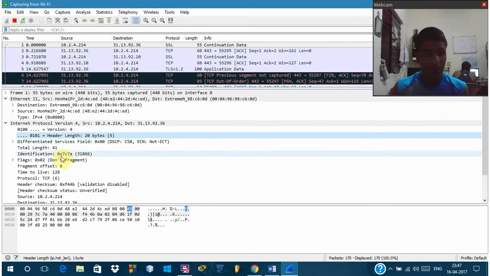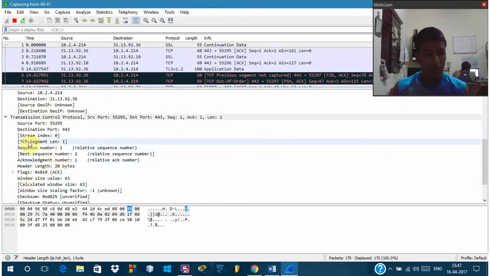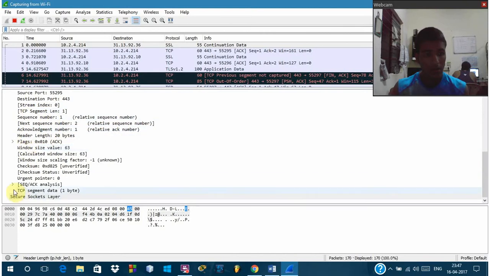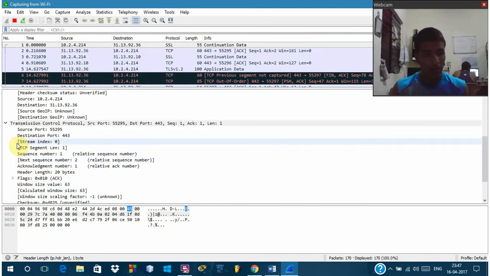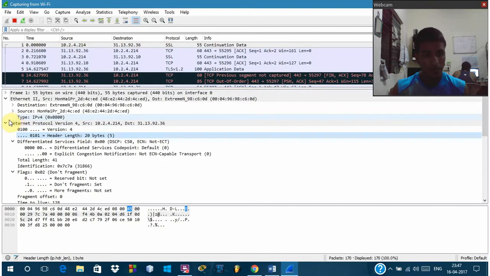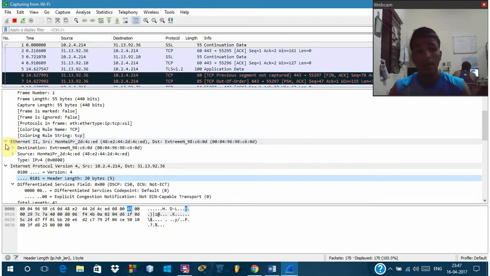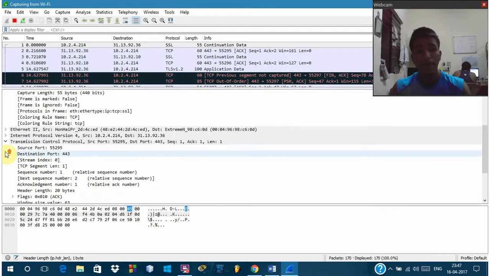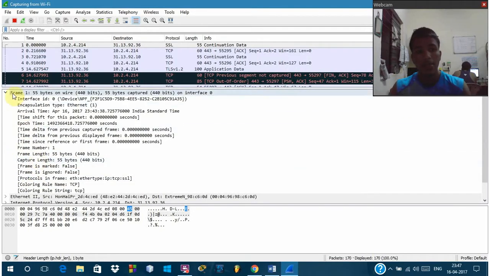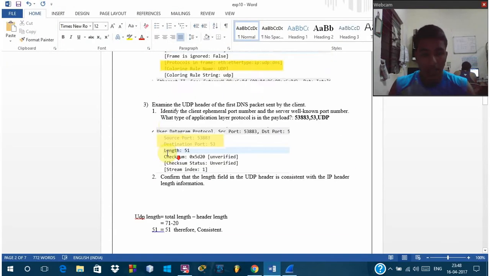Okay, let me show you in the Wireshark where it is. As you can see here, this is the arrival time inside the frame, inside the first option. So the first one, we have the detailed information about the time the packets are being sent and received. Now the next question is,